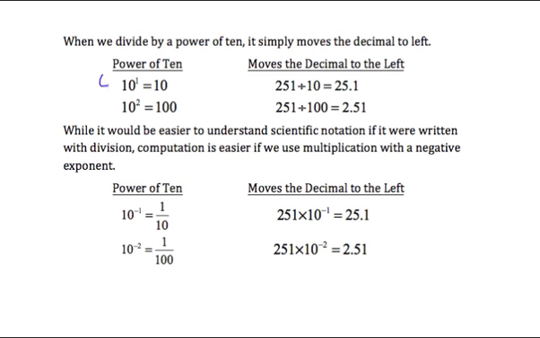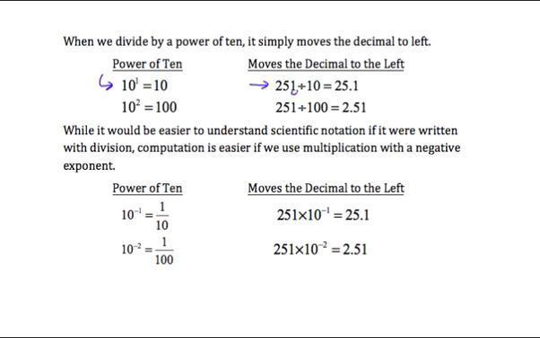Let's take a look here. If I had 10 to the first power, which is just 10, and I took the number 251, and I divide that number by 10, all it's going to do is simply move the decimal to the left to make this a smaller number, right? If we divide by 10, we're obviously going to get a smaller number. So remember, in 251, the decimal starts out here on the right side. Dividing by 10, all that's going to do is move the decimal one place to the left,